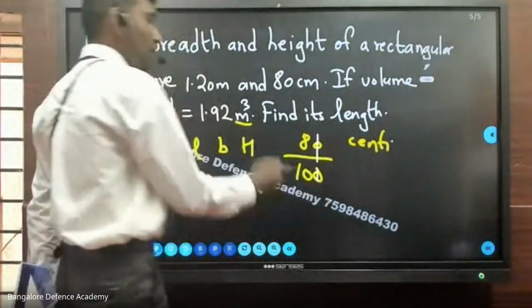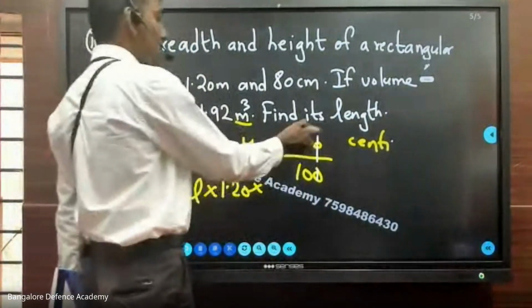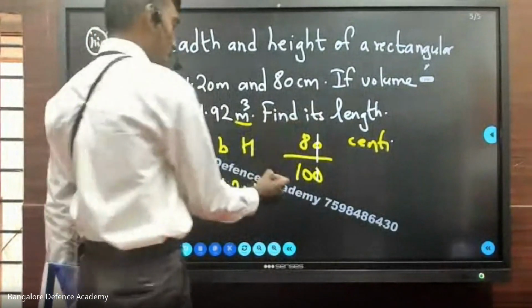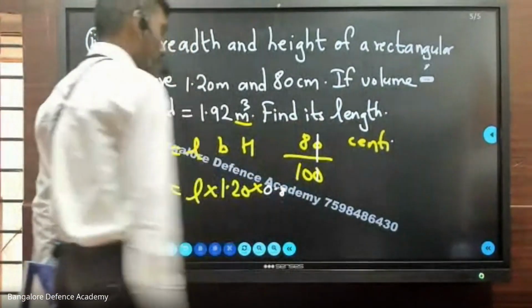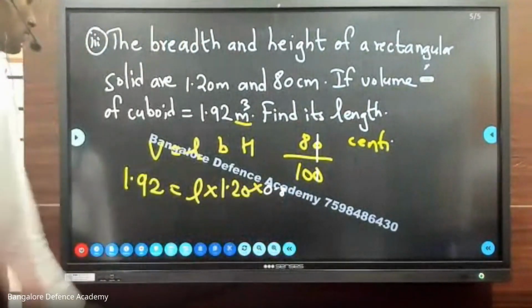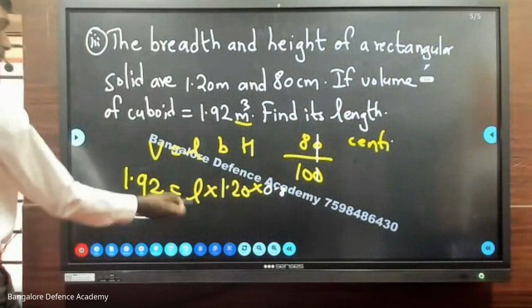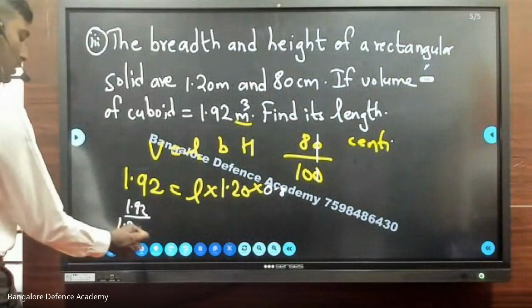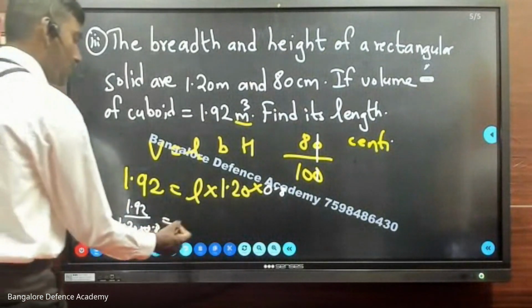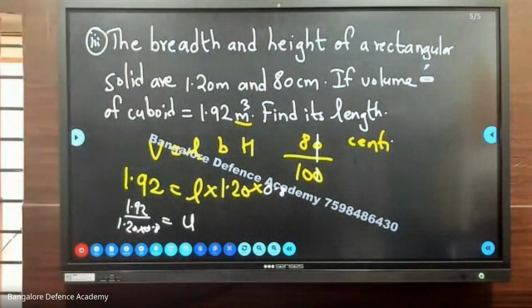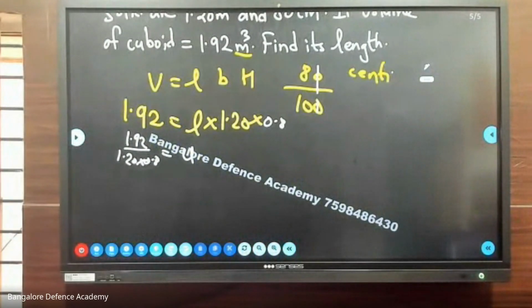0 0 cancel. Now don't reduce it further. Don't take it as 4 by 5, something like that. Take it as 0.8. Okay, now what is this here? 1.92. And this is 1.20 into 0.8 is equal to L. Now solve this. How much you get? 2 you should get it. Yeah, you got it. You got 2. Next